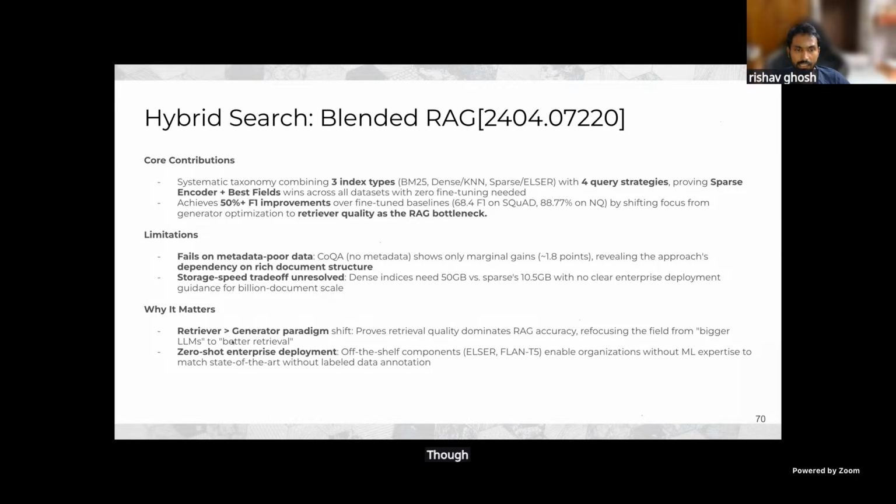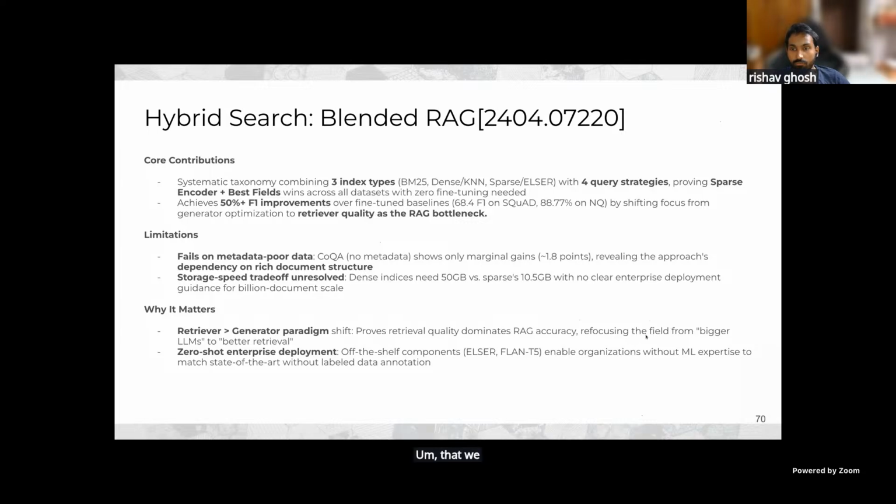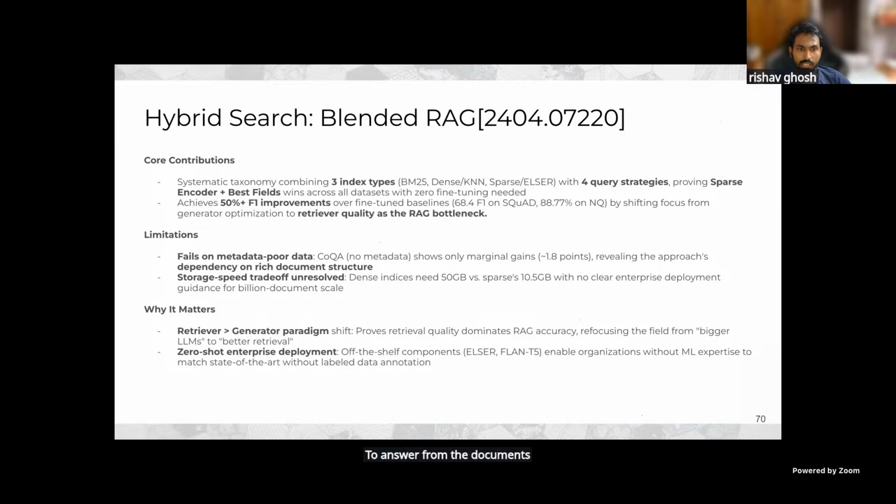Though it does help in certain ways because it proves that retriever is more important than the LLM that generates the answer. That we should really focus on better retrieval compared to using bigger LLM models to answer from the documents. And yeah, that's the first paper.